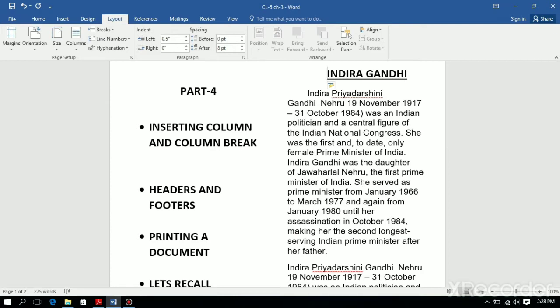Okay children? Now come to the next topic, headers and footers. Look children, all of you have a book. See, in the book, on the last page the page number is given, that is called a footer.